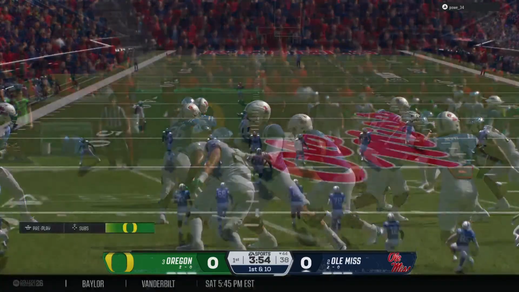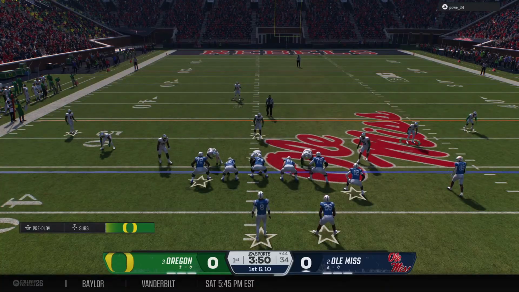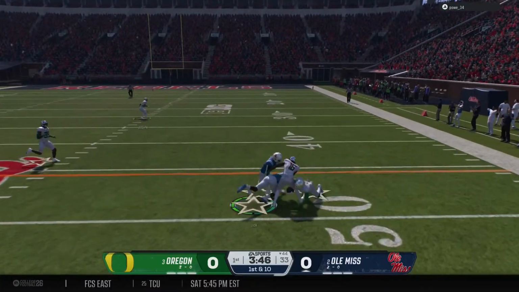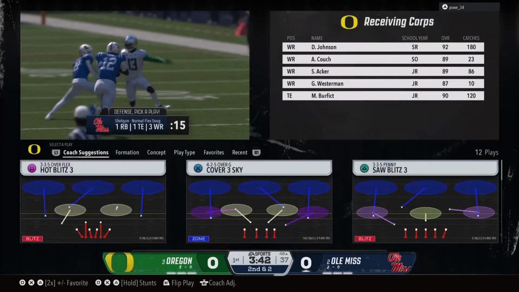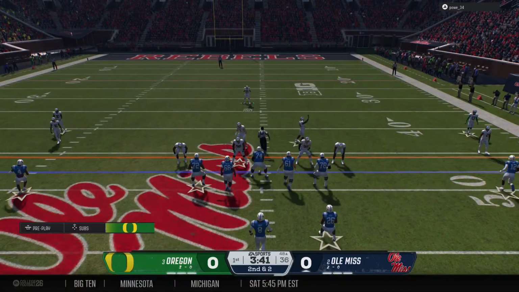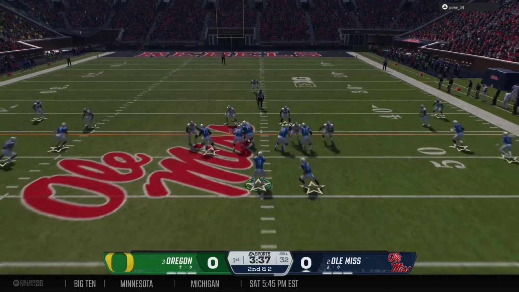First and 10 now for the offense. Cover 3 matches selected. Short throw complete to the tight end. Here the defense was committed to stop the run, and in an RPO, that's a dangerous thing to do. The quarterback sensed that, just pulled the ball out, got it out to the right flat for some good yards.